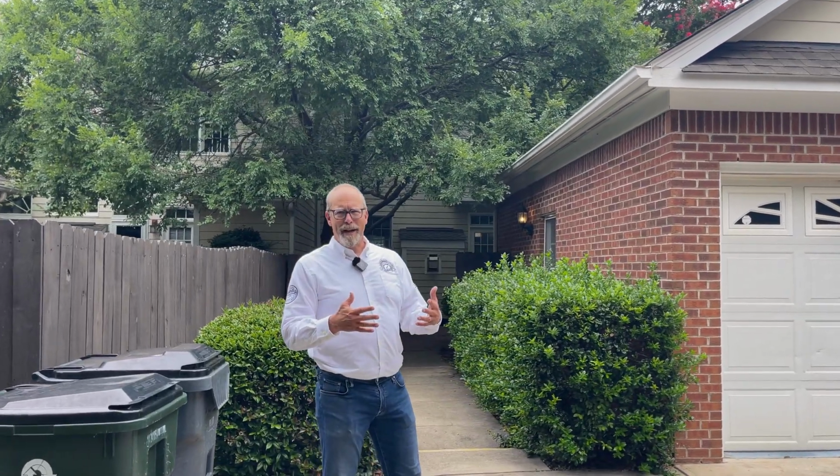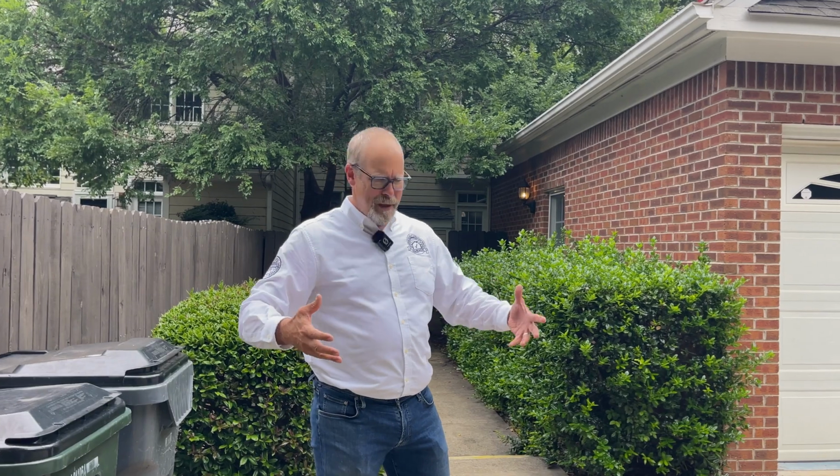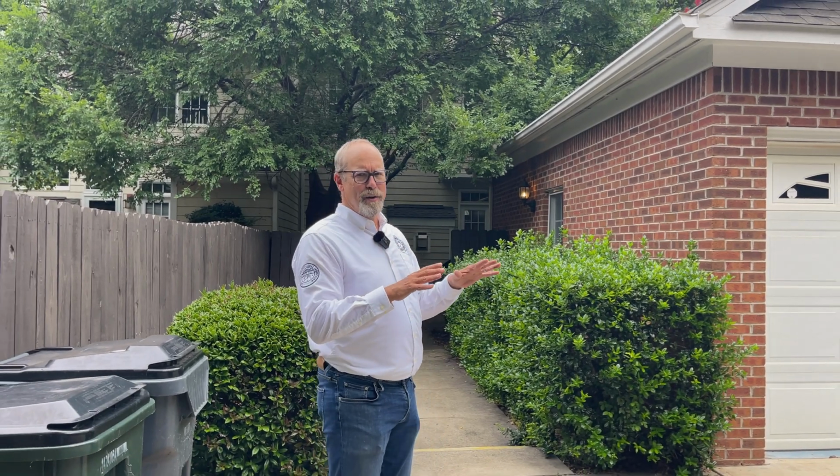The roof isn't made out of concrete. It's made out of these flimsy asphalt shingles that can be ripped during a windstorm. Imagine a heavy tree limb just ripping and tearing apart the roof. So we need that tree to be trimmed back so that it's not in contact with the roof or the